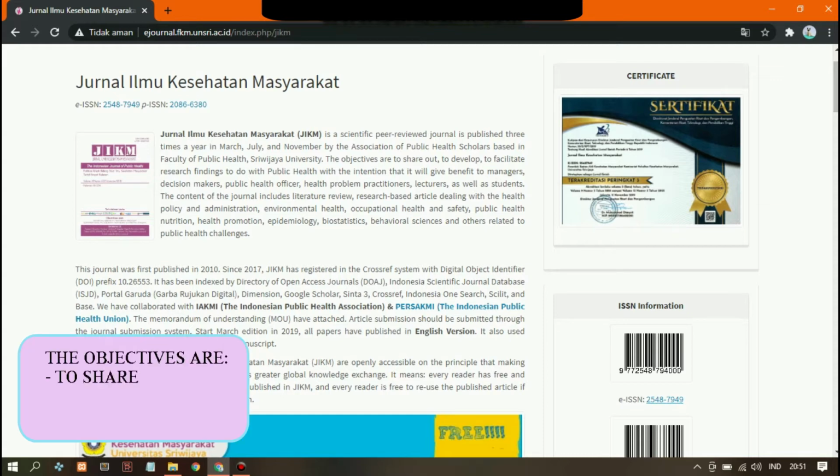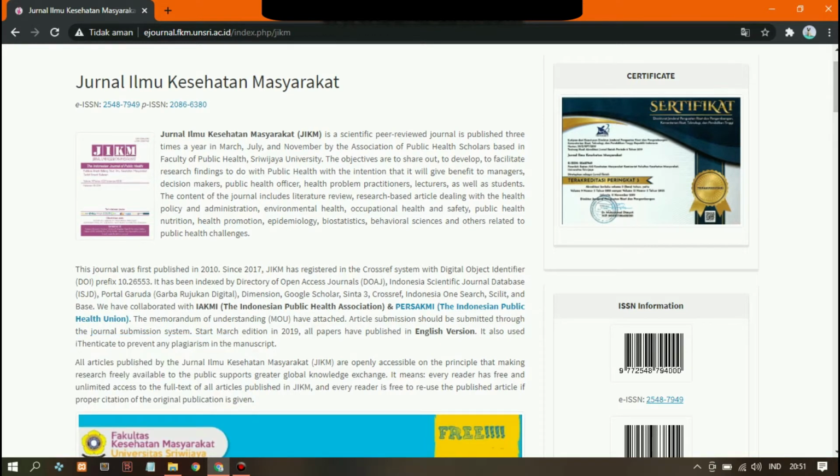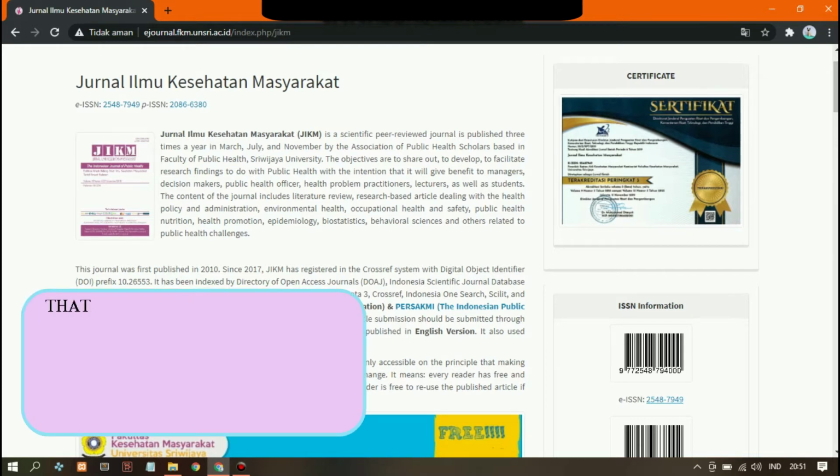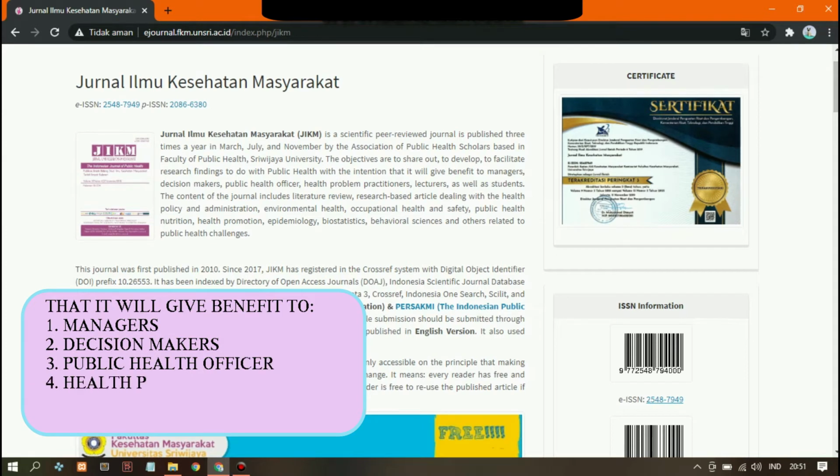The objectives are to share, to develop, and to facilitate research findings to do with public health, with the intention that it will give benefit to managers, decision makers, public health officers, health program practitioners, lecturers, as well as students.